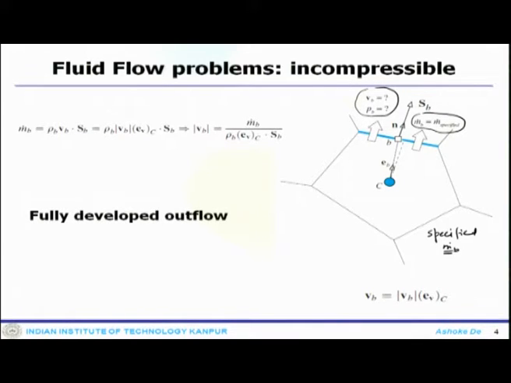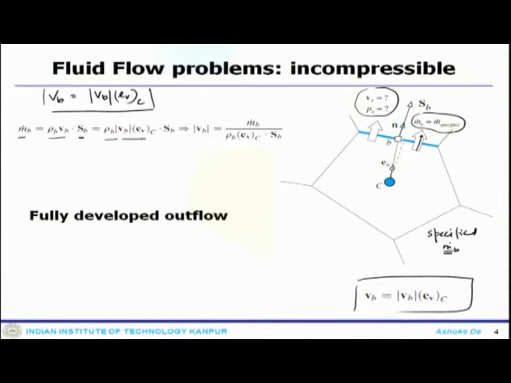So, the velocity which is calculated by assuring its normal direction can be like this, Vb equals to Vb en. So, the normal component of the velocity is known. As soon as at this phase I specify the mass flow rate, one can calculate the normal component of the velocity. Now, Vb can be obtained from m dot b equals rho b Vb dot Sb, rho b magnitude of Vb Sb. So, Vb you get like this.